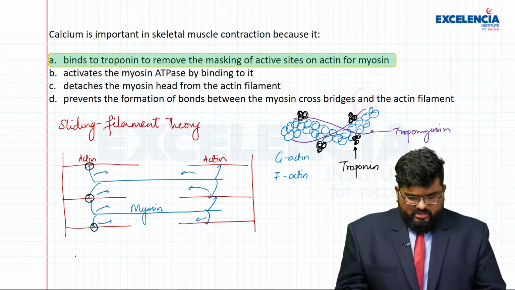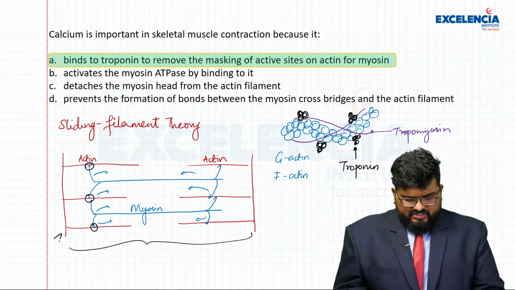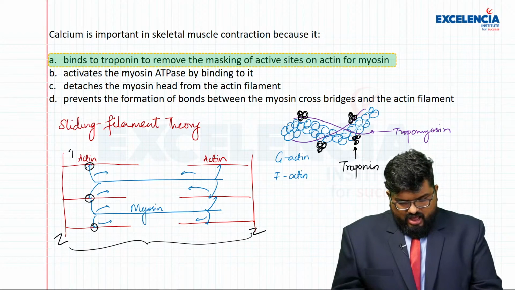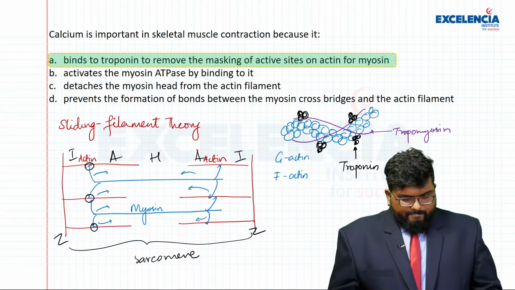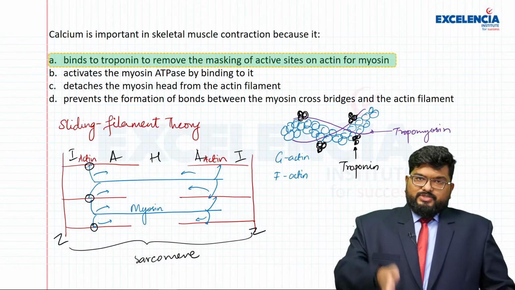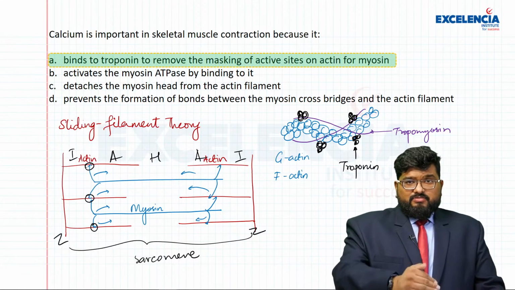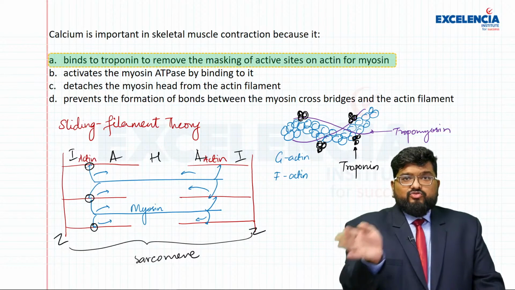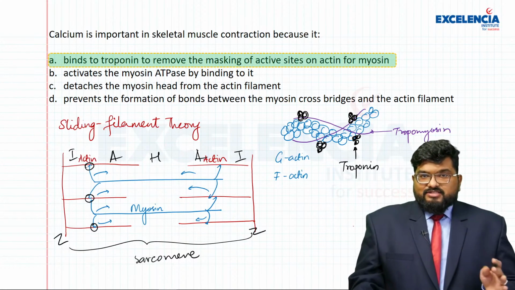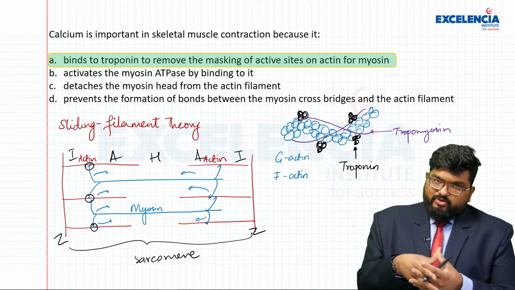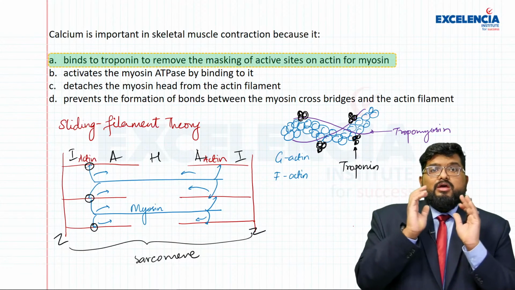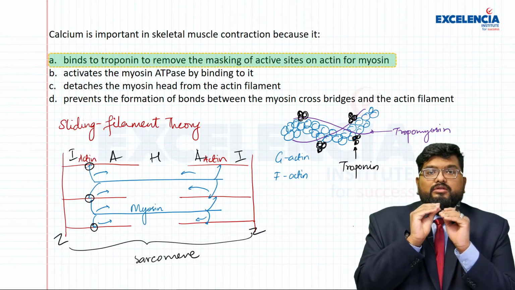Sarcoplasm is the muscle cytoplasm. Okay, this is the sarcomere. So Z line, I band, A band, H zone, again A band and I band. So this is a sarcomere. I band is where there's only actin. Then actin and myosin overlapping is the A band. I band is isotropic, A is anisotropic. H is Hensen's zone. So when calcium influx takes place into the sarcoplasm, I'm sorry, the calcium goes